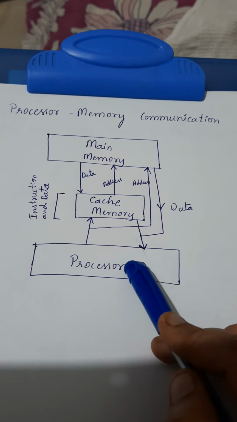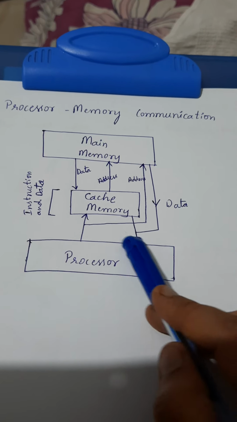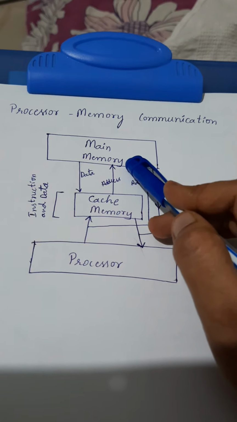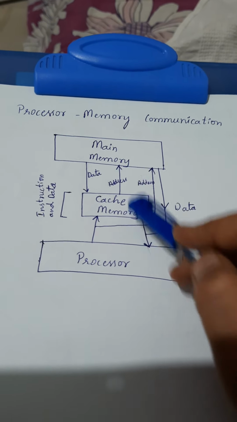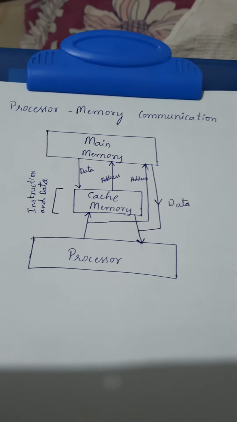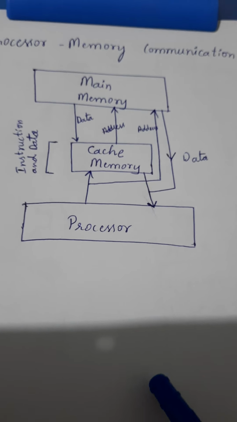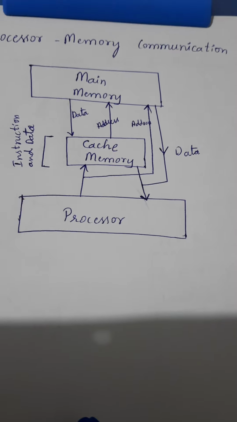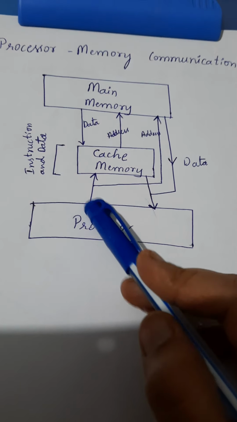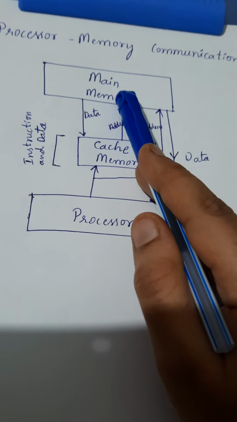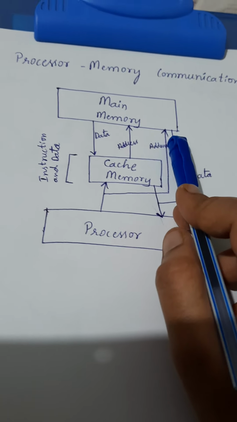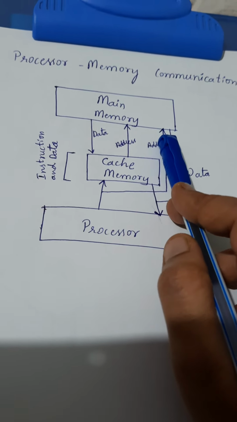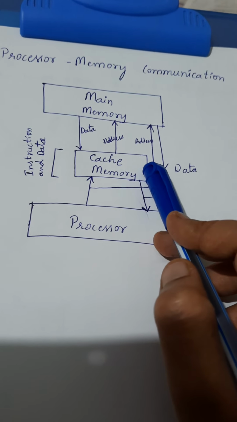Now the information is processed. You want to transfer that processed information back to memory, meaning you want to update the information here. So we'll see the steps to update information in main memory. For this, the processor will send the address again where the data should be written in main memory, where it should be updated. That location it will send via the address bus. For sending the address, it uses the memory address register.